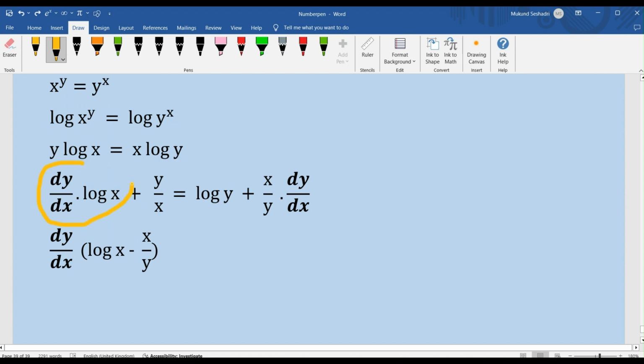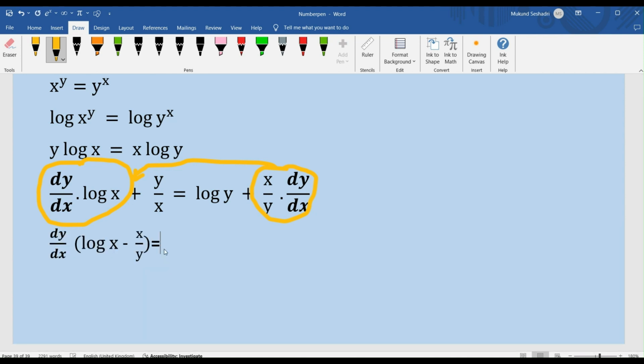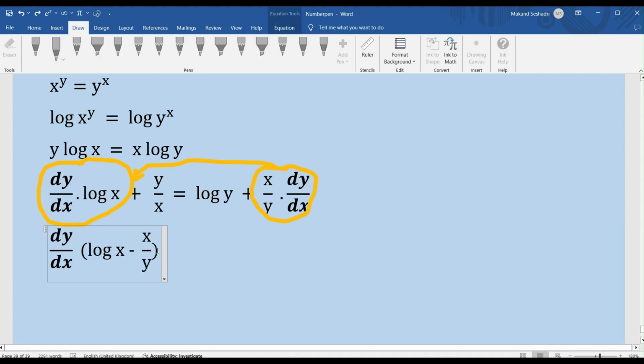Let me highlight them, let me circle them, which is one term on your LHS, which is dy by dx log x. And then I have the other term which is on the RHS, which is x by y dy by dx. So I move it to the left. And then when I do that, I get dy by dx into log of x minus x by y, and that becomes equal to,